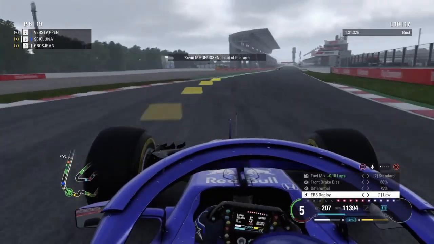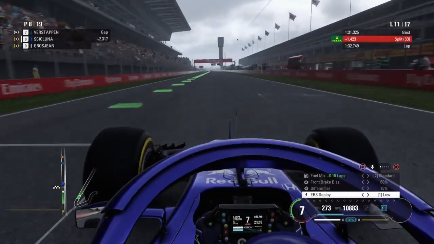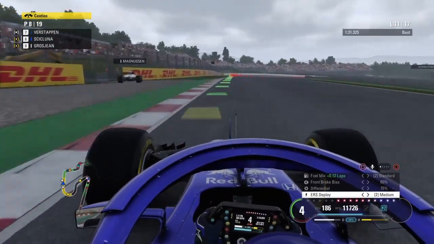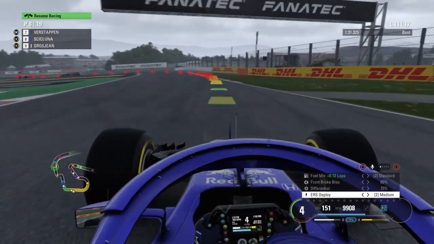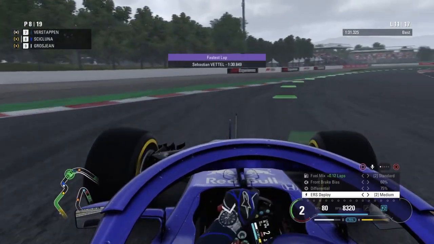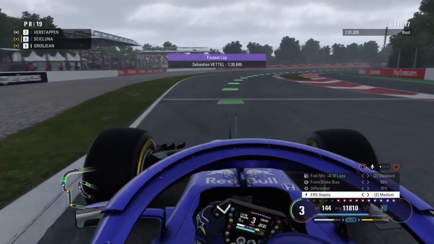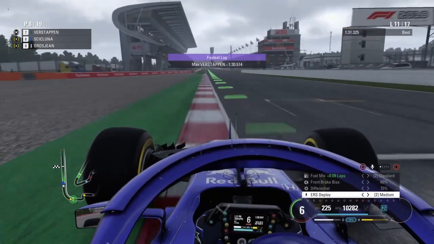And yes, Kevin Magnussen is out of the race. He's not having a good season. Yellow flags once again. Next lap we can see him parked there and out of the race once again. And as the track is getting drier and drier, a lot of people are setting new track